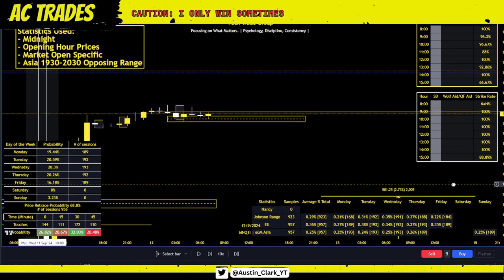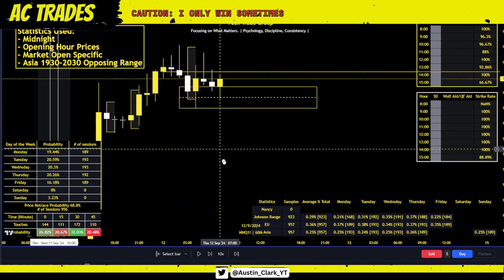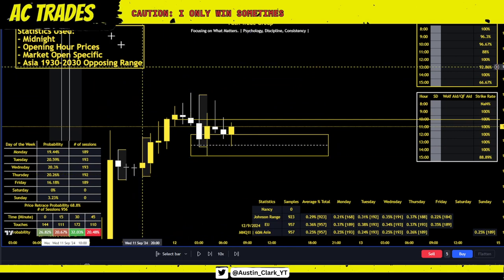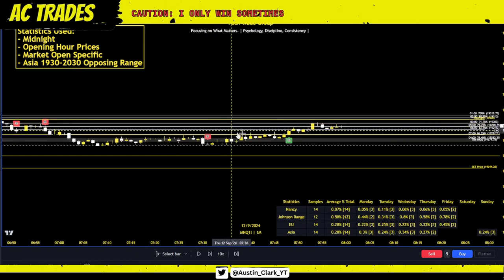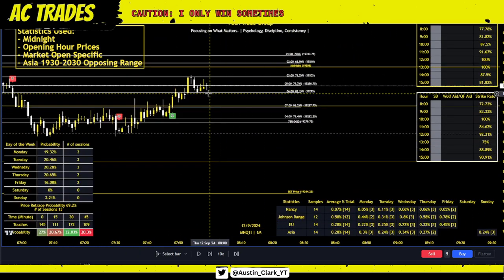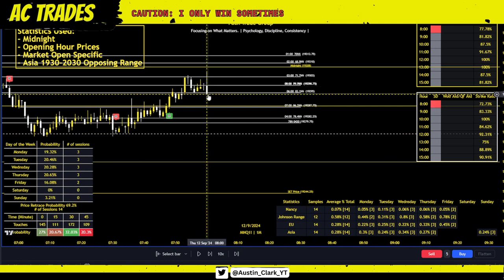So now moving into Thursday, same thing, right? We're below midnight this day, so I'm looking for bullish distributions. We are in a bullish footprint. Now, look at this day compared to the other days of the week, starting at 8 o'clock. Where are we at? We're in between data. We're in between the statistics.